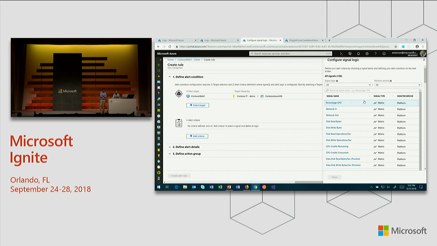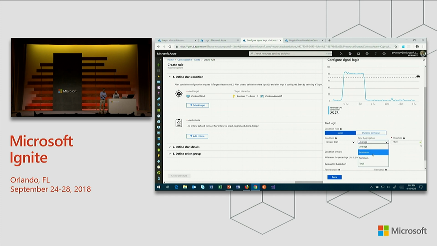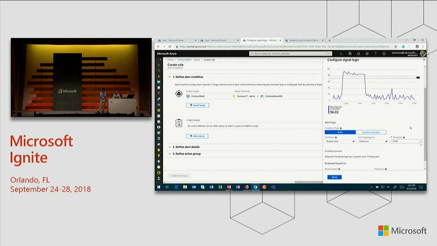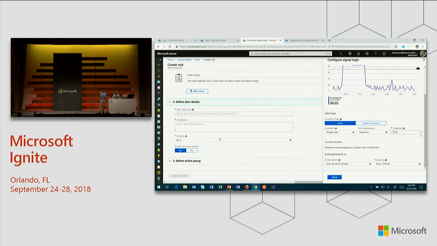But I'll pick something simple here, like percentage CPU. I can see my CPU. I can set a threshold either visually, or I can type it in. I can pick the aggregation level. I can also set a dynamic threshold here if I want. So this is where the threshold is essentially calculated for me based on historical data, including seasonality. So if you have, for example, a process that's running every day and you experience a spike every day, dynamic thresholds will pick that up and essentially say, hey, we expect this to rise, so set the thresholds accordingly. You can set the period and the frequency, give it a name, and then the action